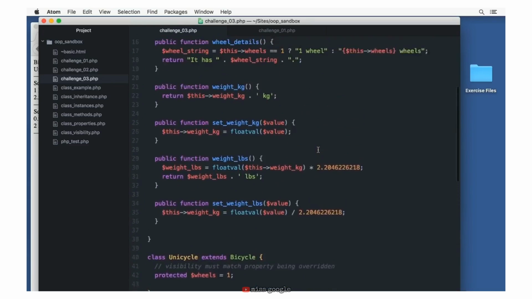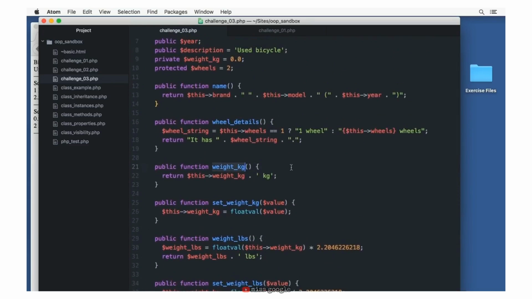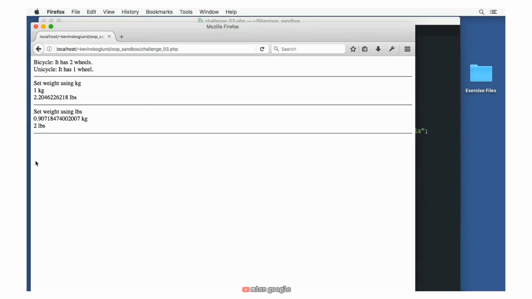Notice also that there's no problem with me having a method called weight_kg and a property called weight_kg. PHP knows the difference because we always have those parentheses that follow the method, so it knows which one we're talking about. If we go back over here, we reload our page, you can see the results of that